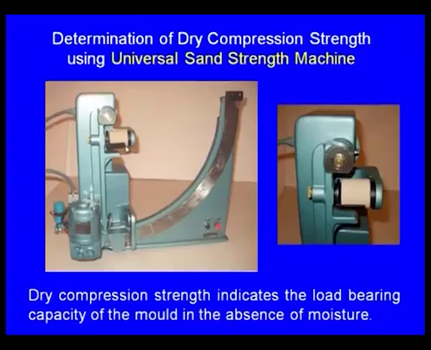Here we have to use the second set of pads, which are meant for measuring the shear strength. The dry specimen will be kept here, and we keep rotating the pendulum, and at one stage it will fail. Now we have to refer to the scale meant for measuring the dry shear strength. Where the magnet has stopped, that indicates the dry shear strength of the specimen.